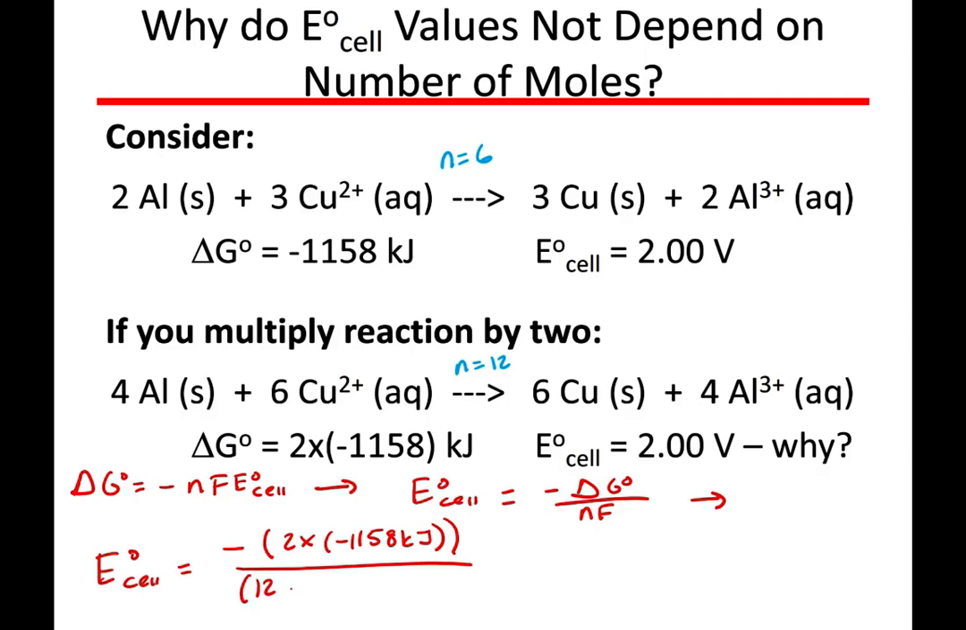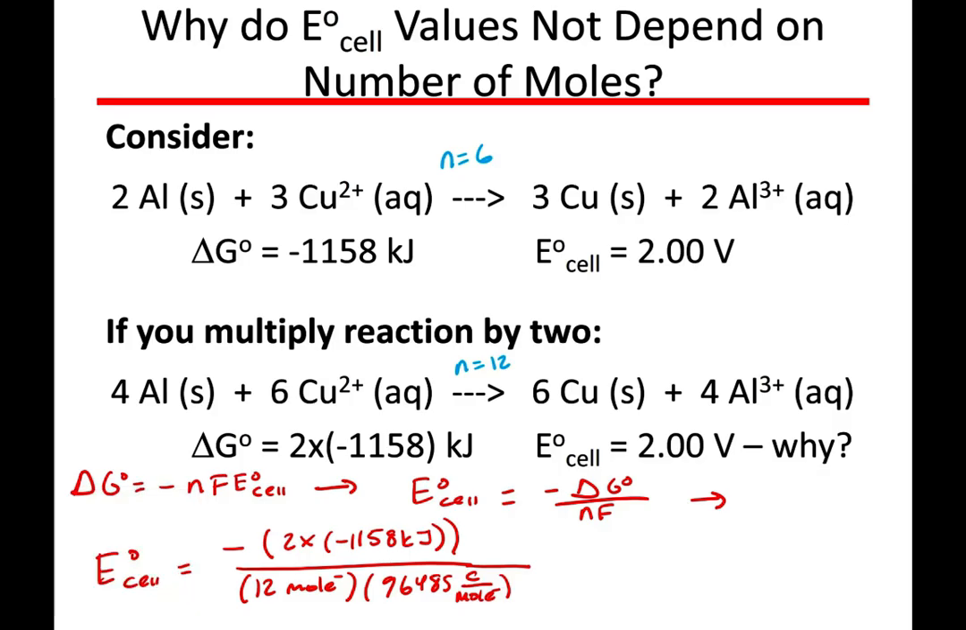Over 12 moles of electrons. And Faraday's constant, 96,485 coulombs per mole of electrons. Now, if you plug all of this into your calculator right now,